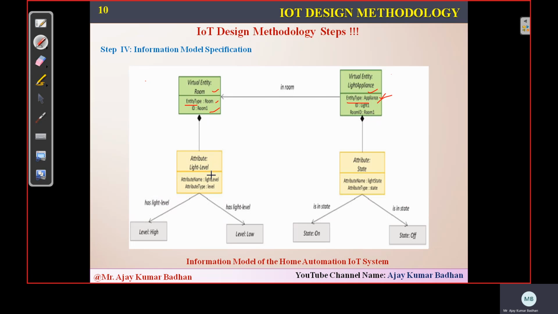And the attribute set for this particular room is the light level, meaning the intensity of the light present in that room. That is represented as your light level. Whereas for the light appliance, the attribute is the state, whether the particular light is turned on or turned off. So is it in the state turn on or turn off? What about the intensity of the light? Either it can be high or it can be low. If it is low, you need to set the state on. If it is high, you need to set the state off. This way it actually works. I hope it's very clear with this. You might have understood.